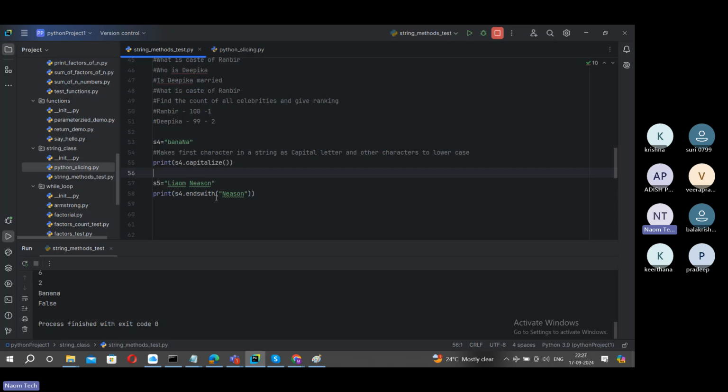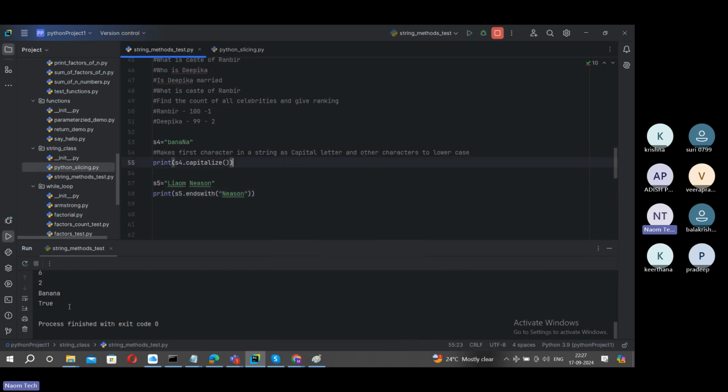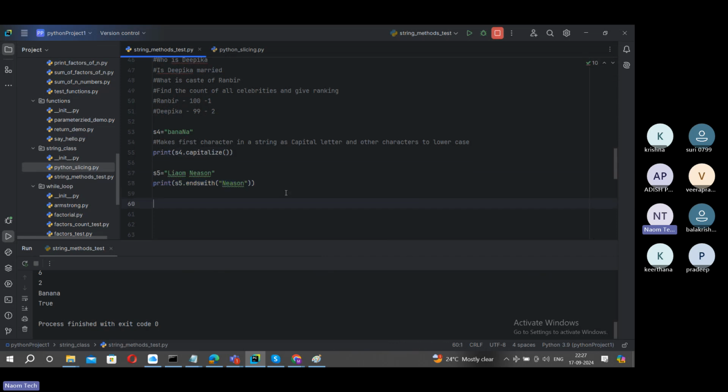So it's saying false. Maybe I passed something wrong here. Ends with Neeson is fine, but of course it won't work, right? Again, I should pass S5 here, not S4. Okay, I corrected that. Now test this. Now you can see here, this is true because this string ends with Neeson. Similarly, you can try one more. Quickly test on this. Okay, what is that? You can apply